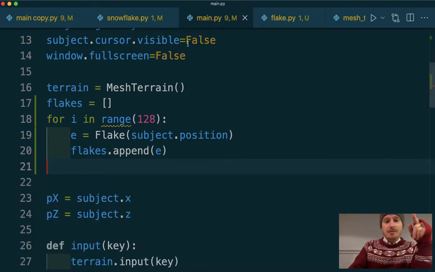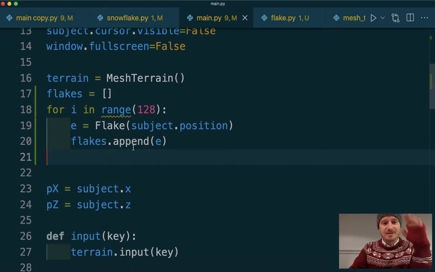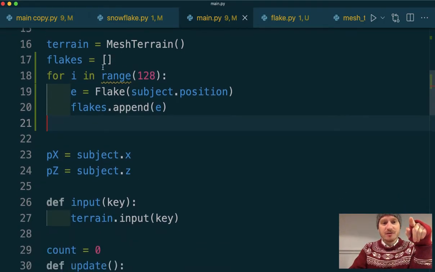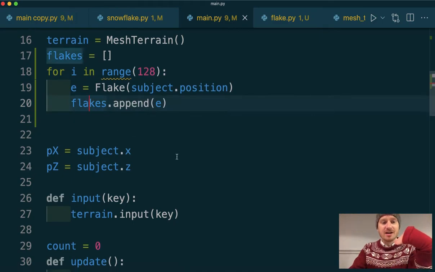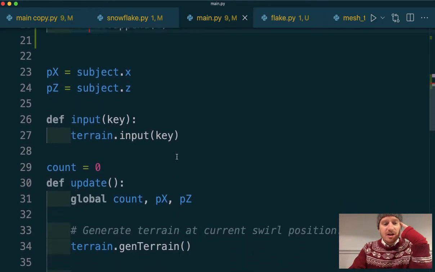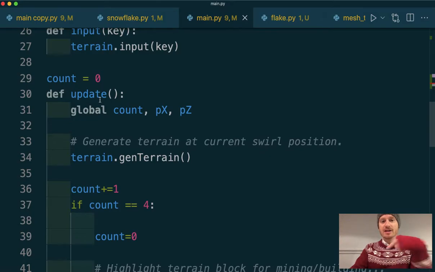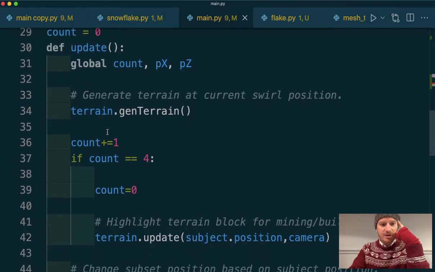So, back in the main module, we've got a flakes list. And the reason for that, because we've not really used that yet, we've just appended our flakes onto the flakes list. And that's because in the update loop, which iterates over and over again, what we could do